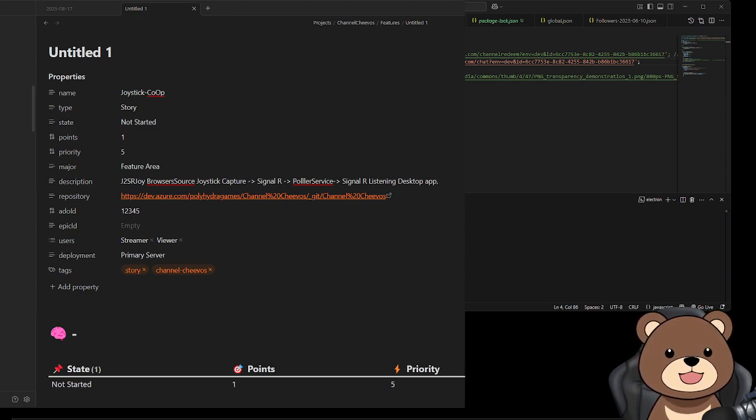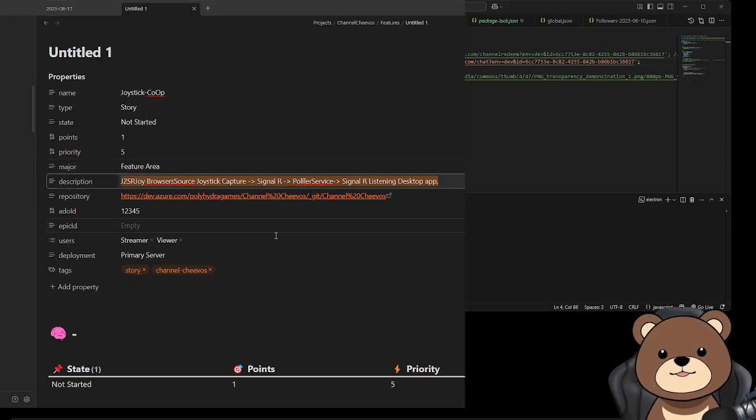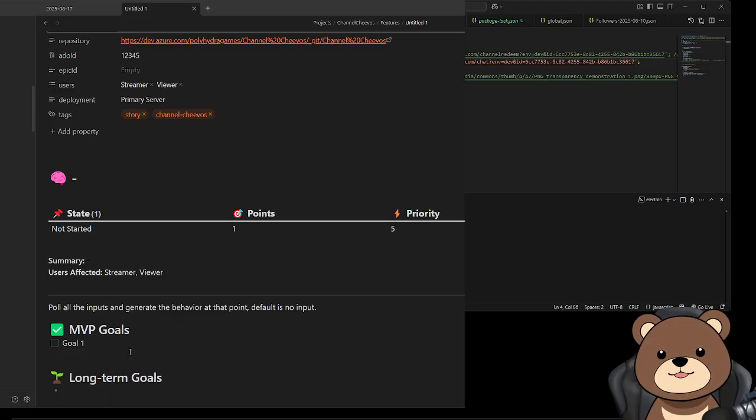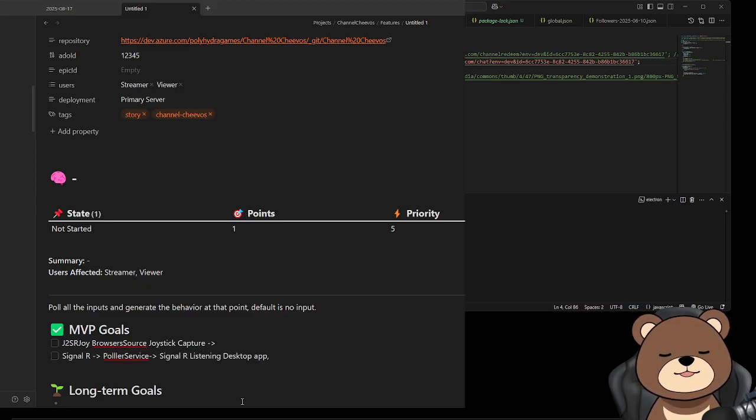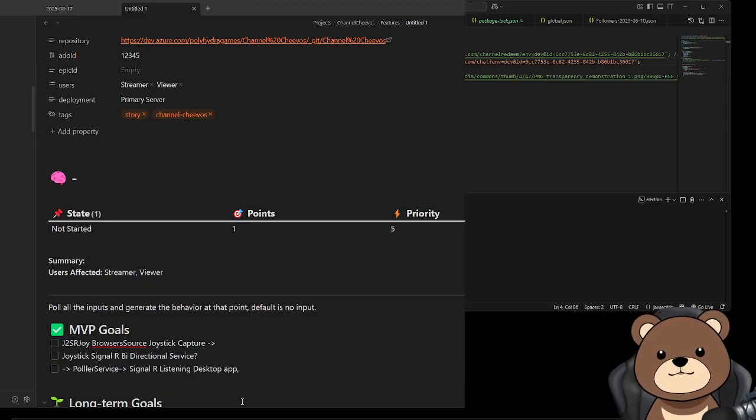hook into interpreting. I mean, maybe I need to break these down a little bit more, right? But these are our sections. These are our layers. So the SignalR is kind of its own service. Bidirectional. Polar service